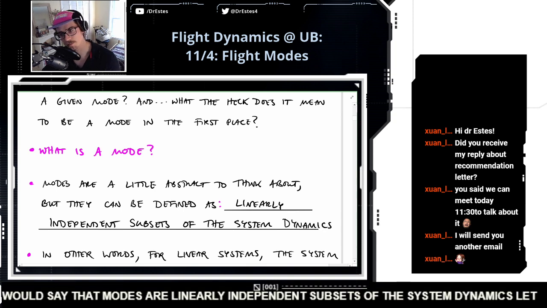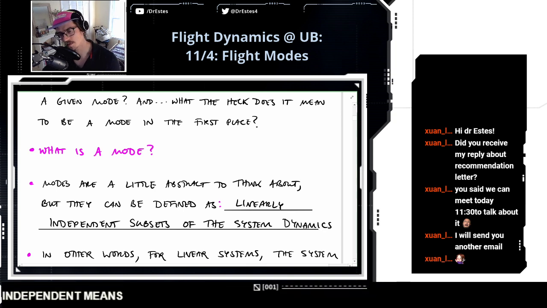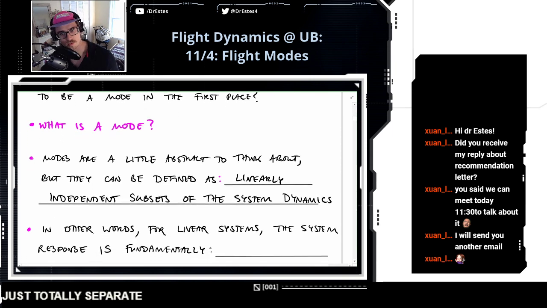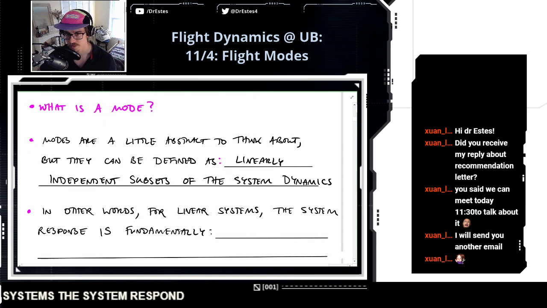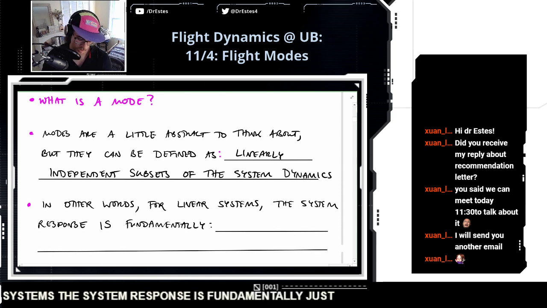Linearly independent means they're totally distinct from one another. They don't affect one another. They're just totally separate. So, in other words, for linear systems, the system response is fundamentally just a